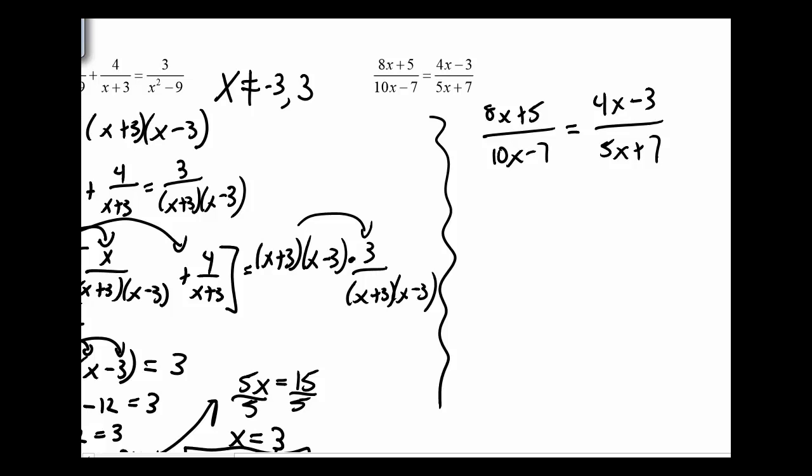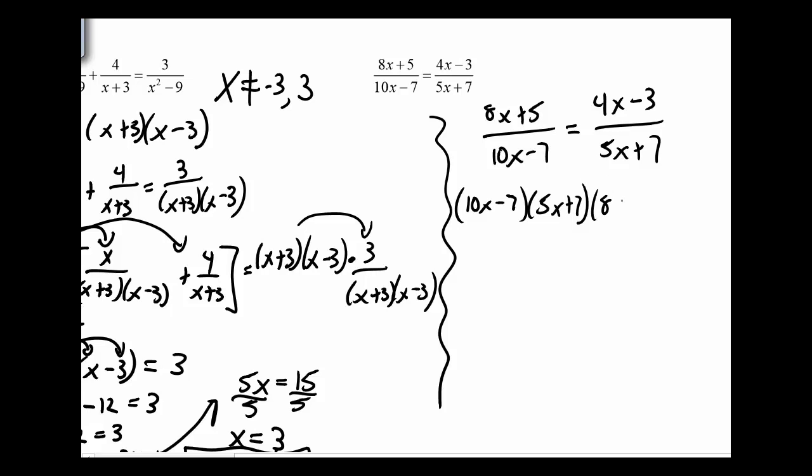At this point, we're not quite sure what the common denominator is. Let's actually start. So what I'm going to do is multiply both sides by 10x minus 7 and 5x plus 7,